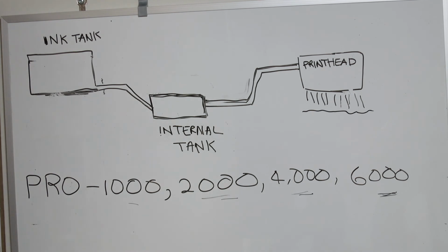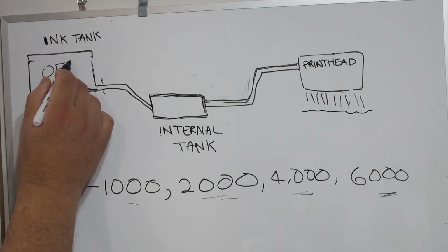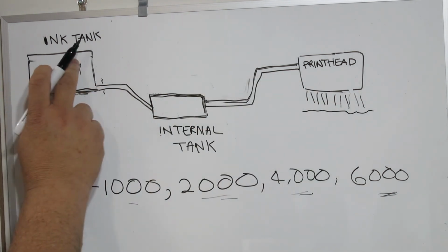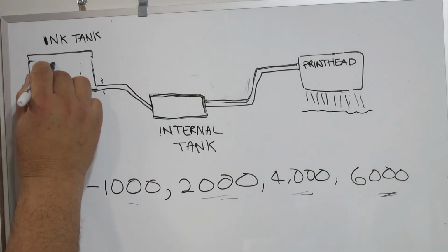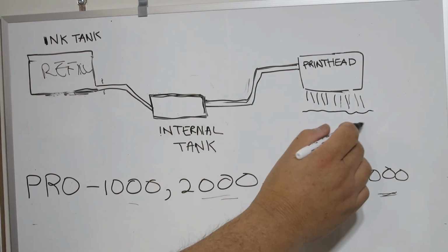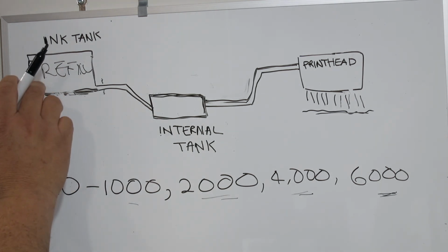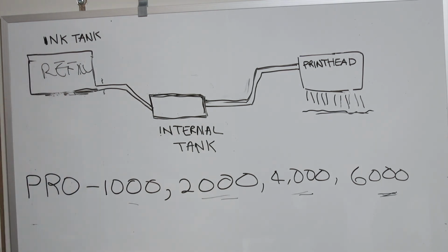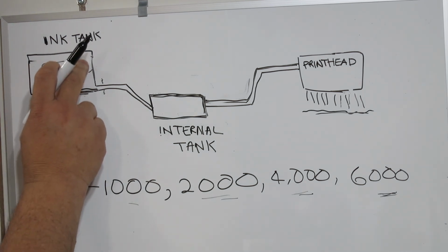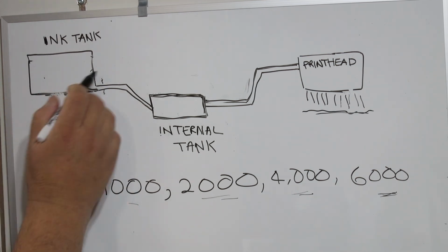By seamless, I mean you start with OEM ink, you empty it, you print right through, you put in refill ink, and you will not see any differences in the print between the first cartridge and when the second cartridge is finished. Let me explain to you why this is important, and don't get fooled, because